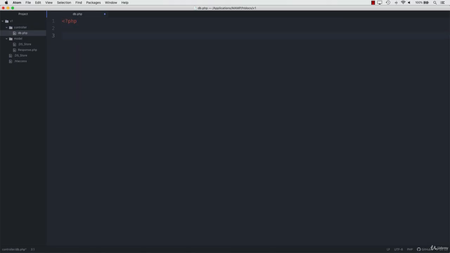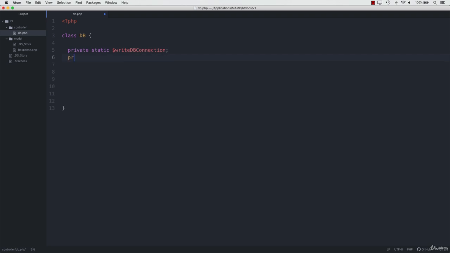Start the PHP file with a PHP tag, and it's a database class. So if we start off with class db, just create some space here. The first thing we're going to do is create some instance variables, private, and these are static variables. What this means is that you don't have to initiate the database class to use these variables. It's just a good way to structure the file. So the first one is write db connection,